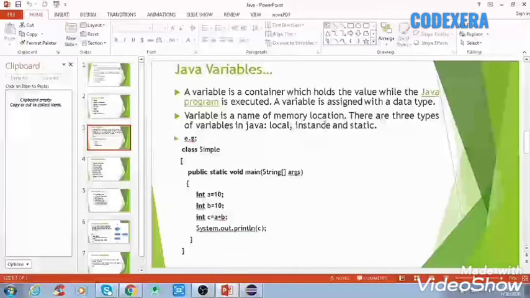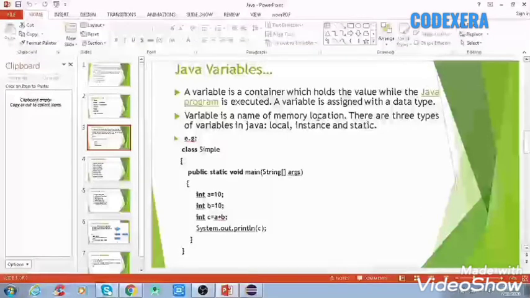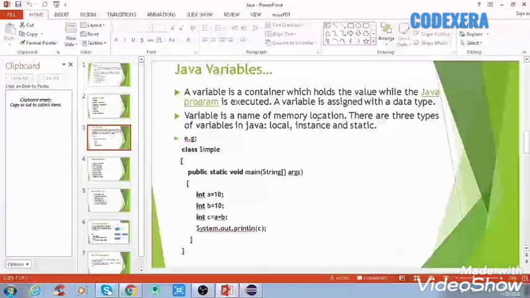And after that will come the instance variable, a variable declared inside the class but outside of the body of the method is called an instance variable. So a local variable can be declared only inside the method, but an instance variable we can declare outside of the body of the method. It is not declared as static, and it is called an instance variable because its value is instance specific and is not shared among the instances. That's why it is called an instance variable.